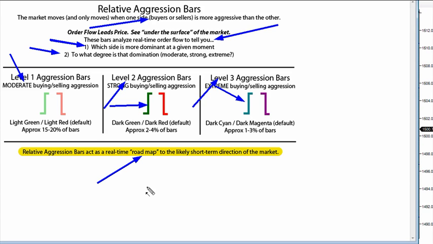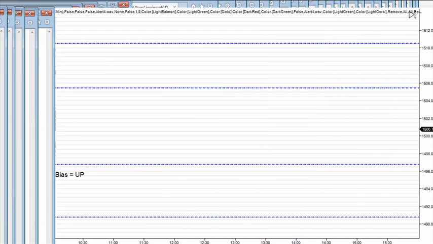And again, this is not just looking at price action, and it's not looking at some technical indicator that's telling you what did happen. This is telling you what's going on right now under the surface, because it's this order flow that leads price. If you can see what's going on under the surface, then you're going to be able to predict better what price is going to do. And that's the goal here. And also, so that it's not just raw data, it's actually helping you see it more visually, very quickly, so you can make quick decisions off of that information. So if we go back to our